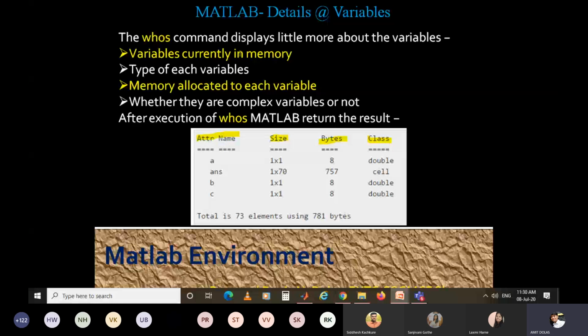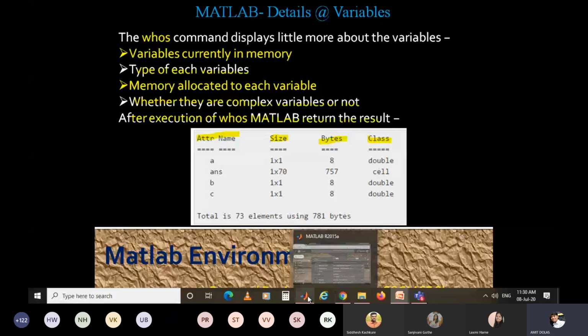Information whos provides: the variables currently in memory, the type of each variable, the memory allocated to each variable, and whether they are complex variables or not. After execution of whos you'll get this kind of result. We'll see it in MATLAB.